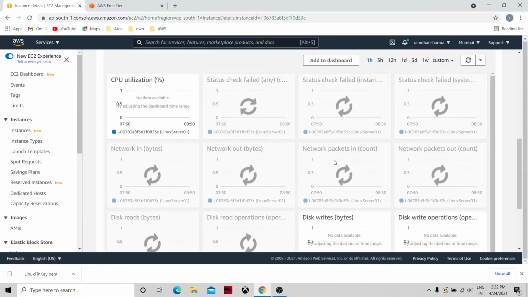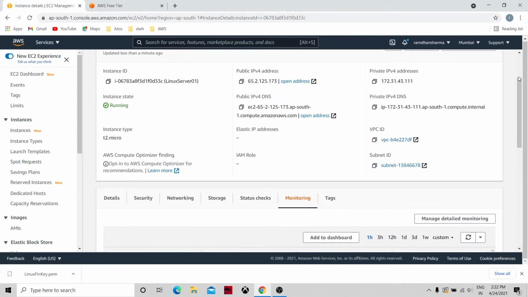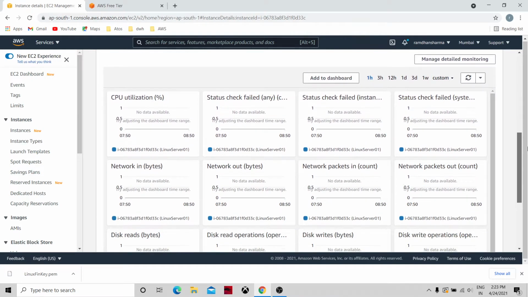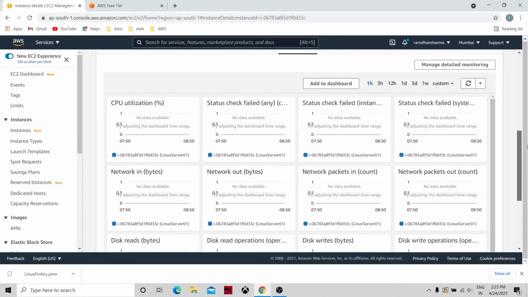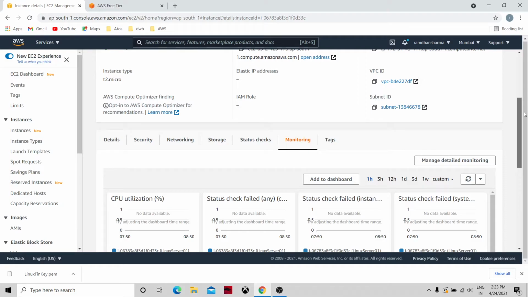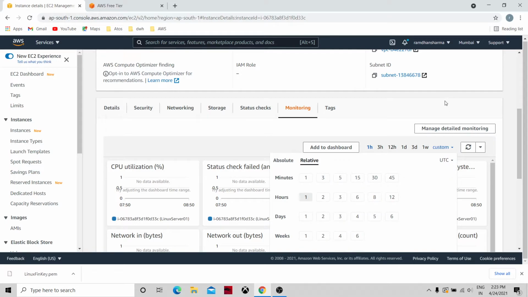For monitoring purposes, this gives a very nice dashboard with CPU utilization and status checks. By default there are various views, like hourly basis or one-week basis, and you can set a custom one. You can also do more detailed monitoring.